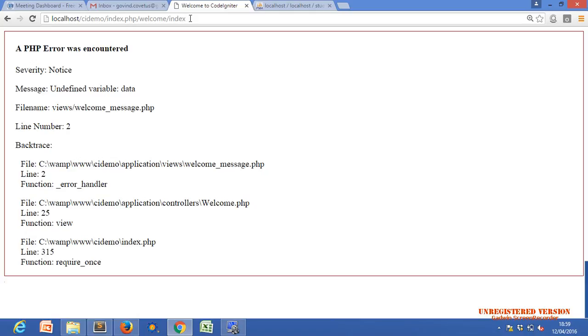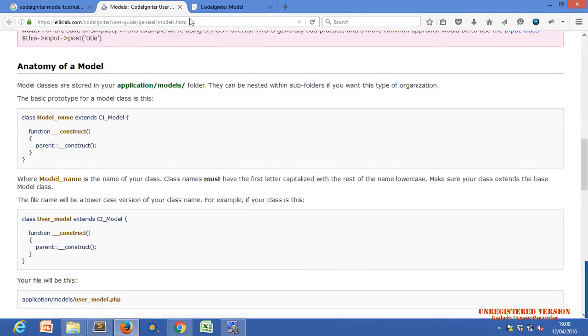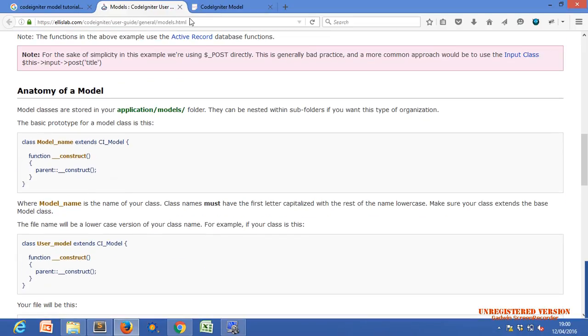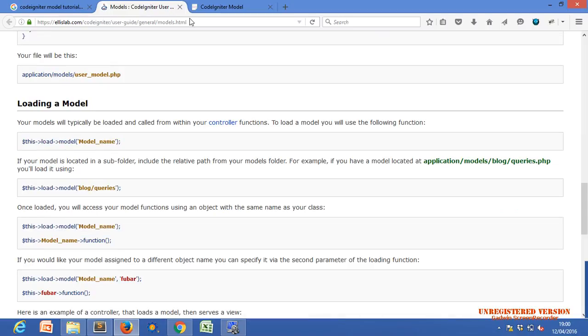Demo. Application controller. Welcome. Handler. Parent construct. User model. Loading a model load. This dot load model. One second.